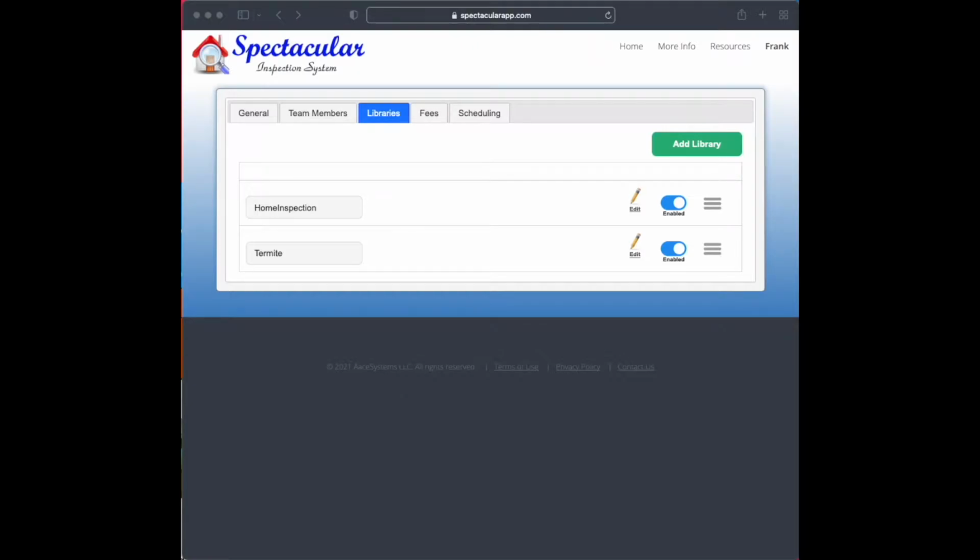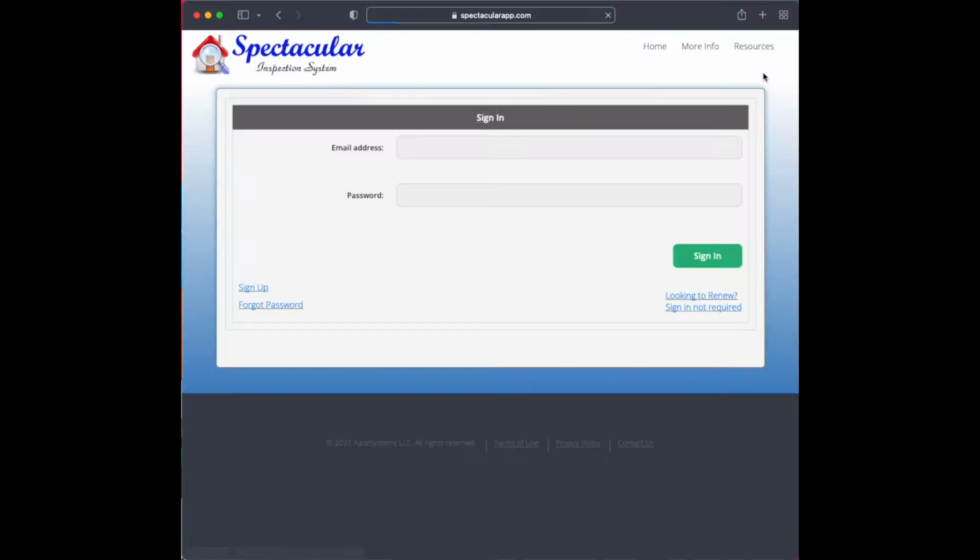You can technically build a library from the app as well: Windows, Mac, iPhone, iPad, Android. But with the mouse and keyboard on the website, it just makes it easier. So I'm going to sign out here and sign back in so you can see how we get here. So when I sign in from the website,